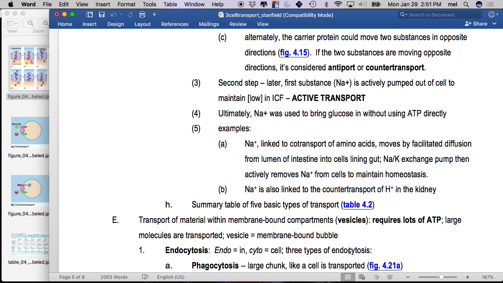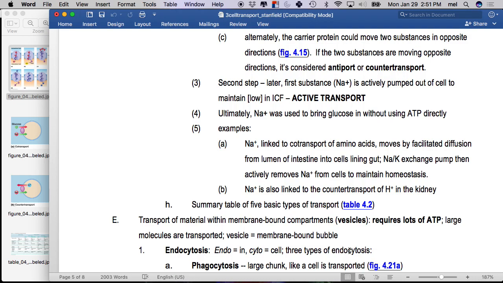Examples: sodium is linked to co-transport of amino acids and sugars, and sodium is linked to counter-transport of ions. For instance, you can actually get H+ to leave the kidney by using sodium's electrochemical gradient without pumping H+. Okay, so FYI, people get confused sometimes, because now I've just told you 3 different mechanisms that I use to